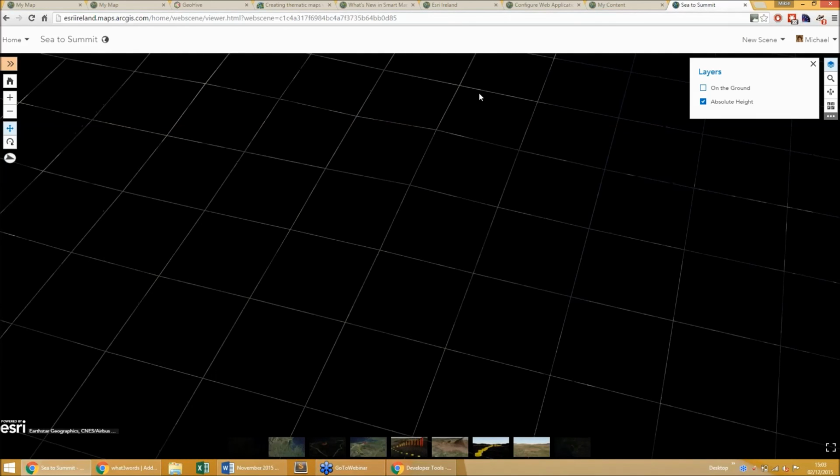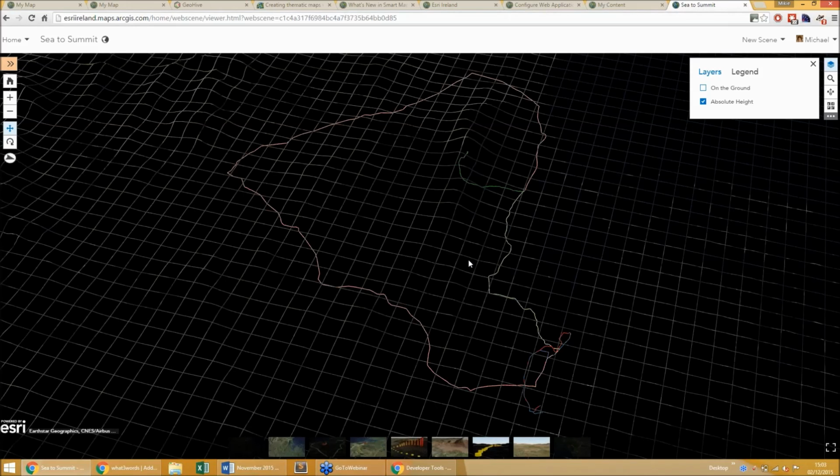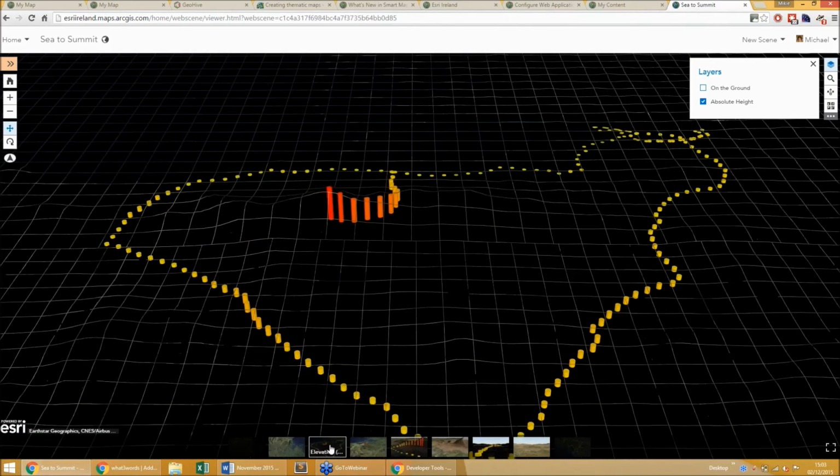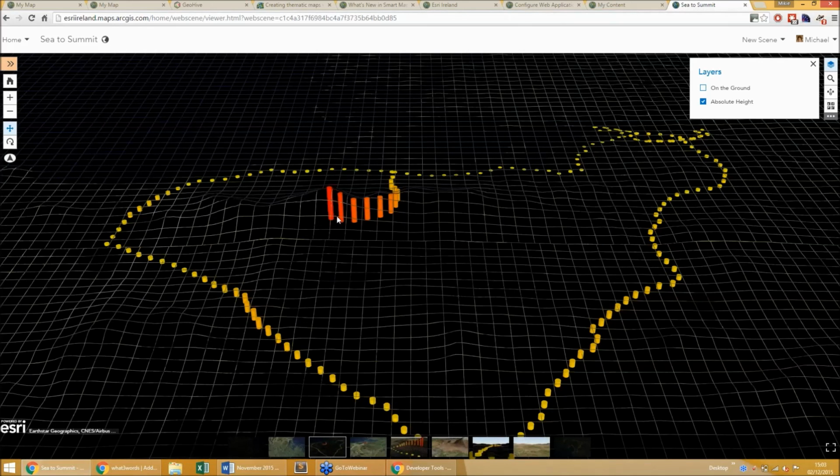And it's a web scene of the Sea to Summit route, but then it shows the elevation as well, so you can see the route. There's various stages. That's what the colours represent. But then it'll show you the elevation as well. So you can see the red is up on top of Croagh Patrick, and there's a nice wee hill here. It doesn't compare to Croagh Patrick, but it's pretty tough when you're cycling.